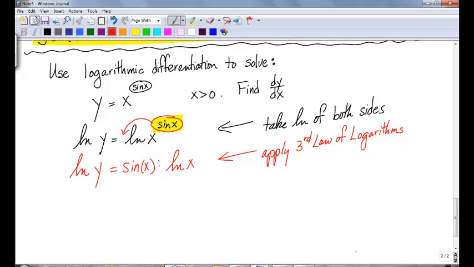Now, it's been a while. This is the critical part right here. Sine x times the natural log of x, and you want to find the derivative. What rule? Product rule. Product rule. Okay? So, on this one,